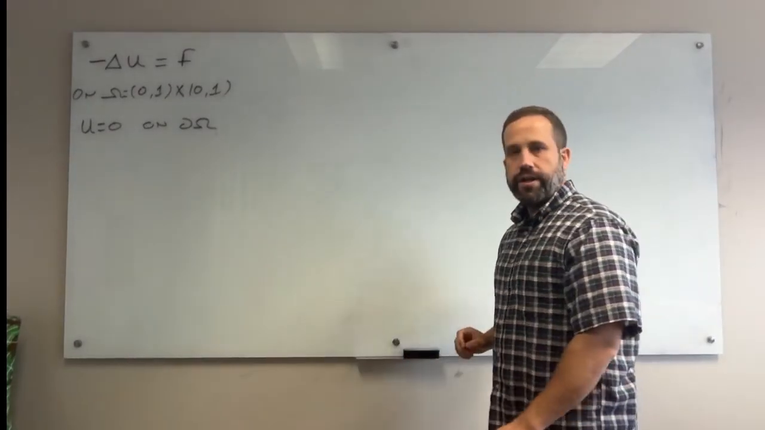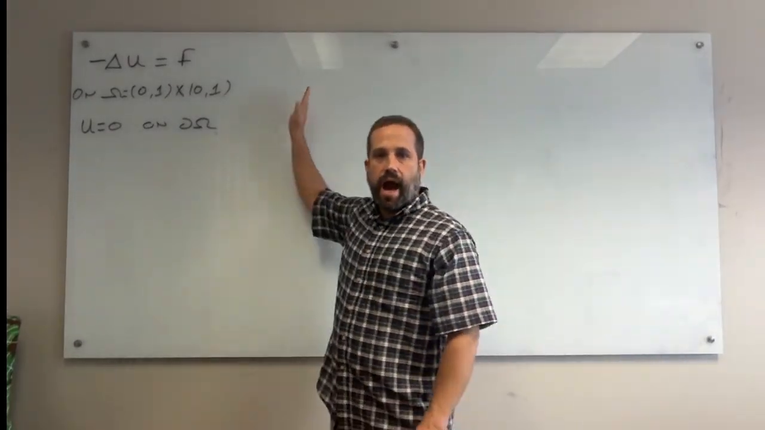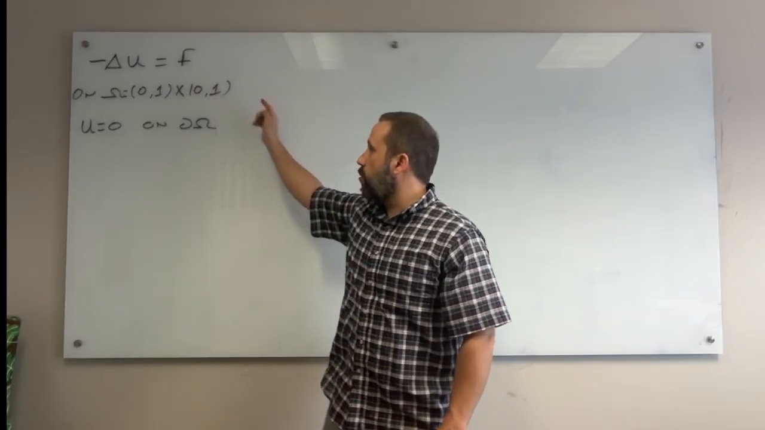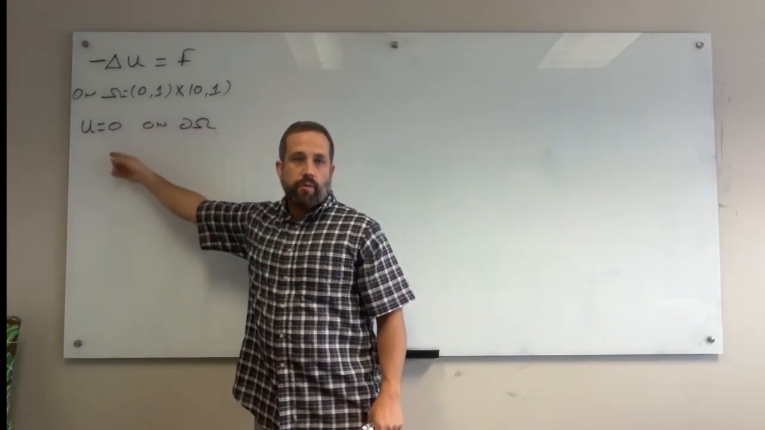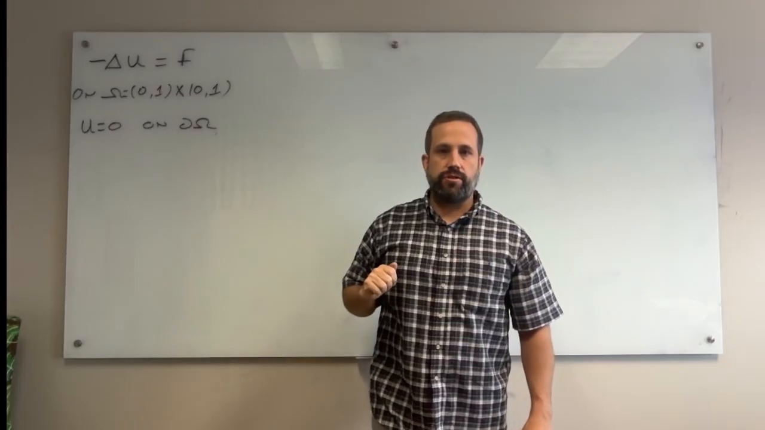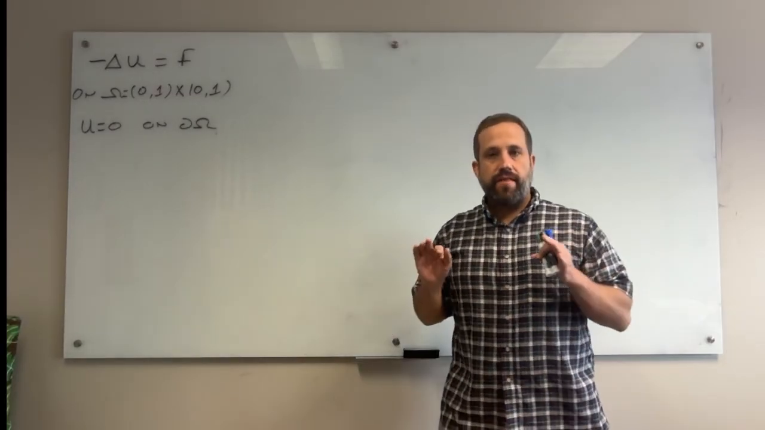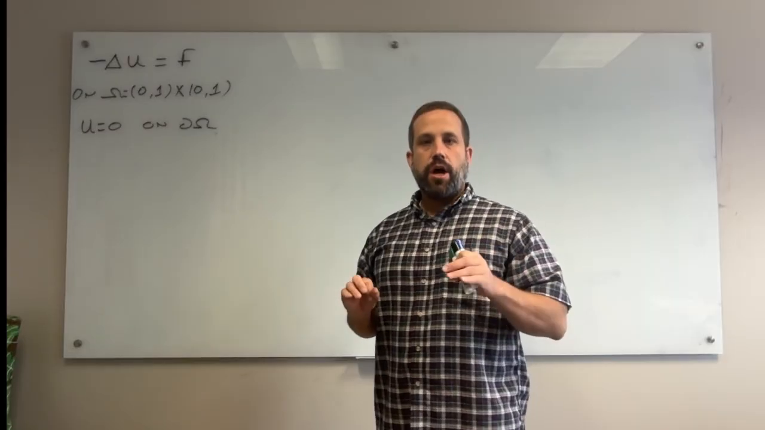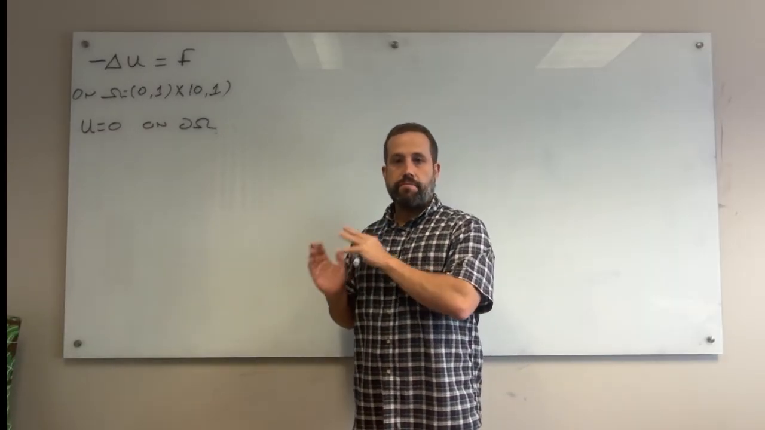Okay, so what we're going to do in this video is see how we can come up with a numerical approximation to solve Poisson's equation on the unit square, with u equals 0 on the boundary. And again, I just want to emphasize this is not a numerical PDE class or any type of PDE class, so we're not going to get into a whole bunch of theory on PDEs or the